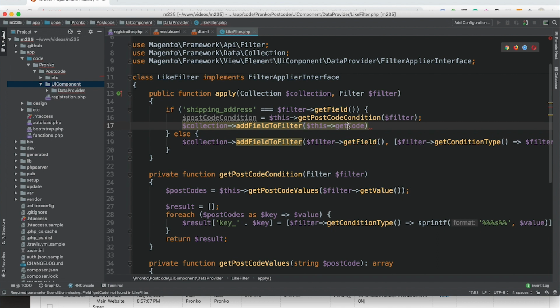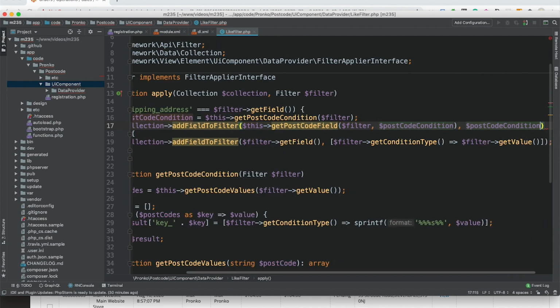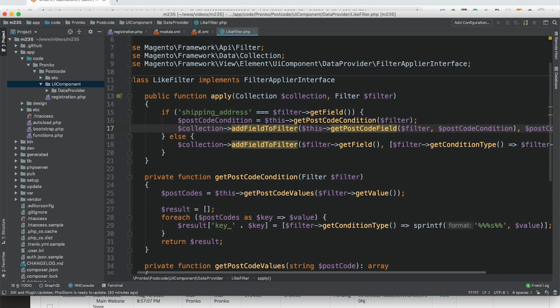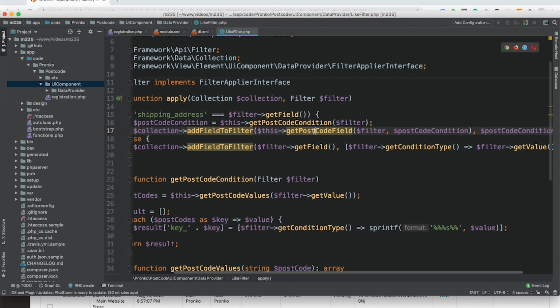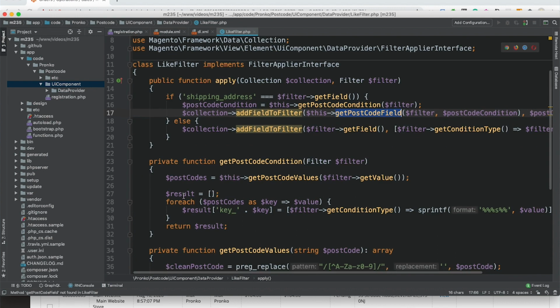We have to prepare this custom field based on a filter and postcode condition. And here as a second argument we have to pass our postcode condition which we've prepared previously. So let's implement this get postcode field.